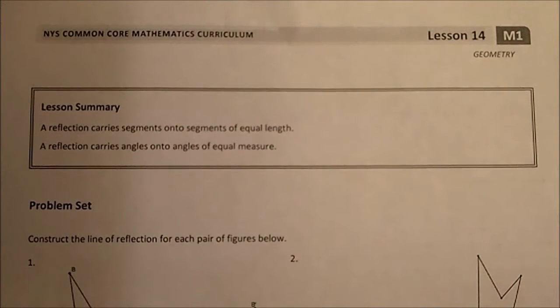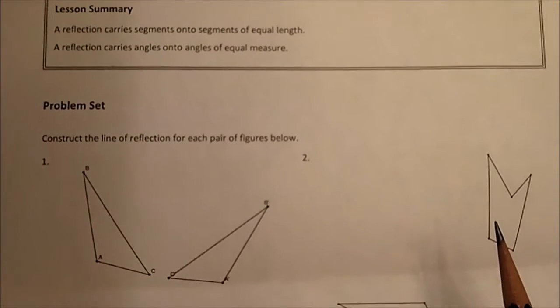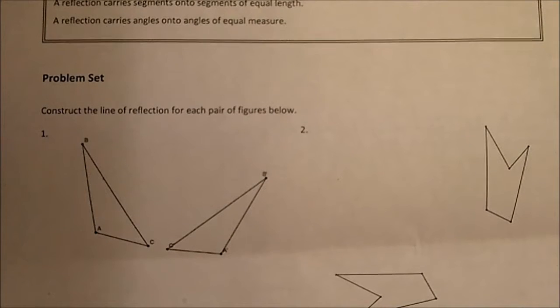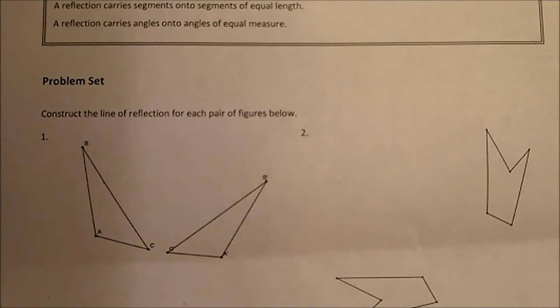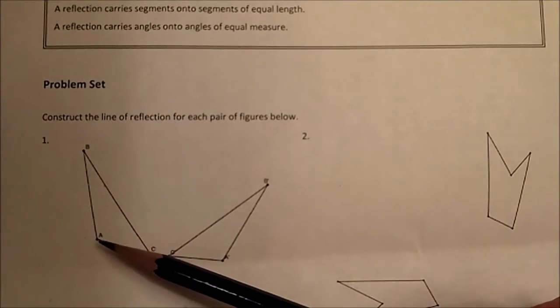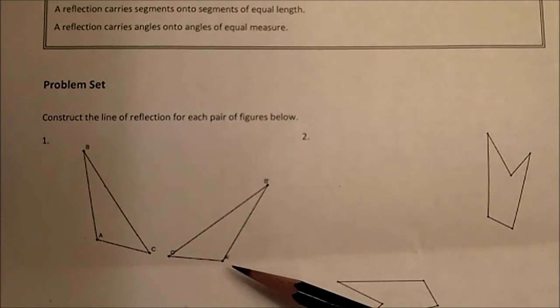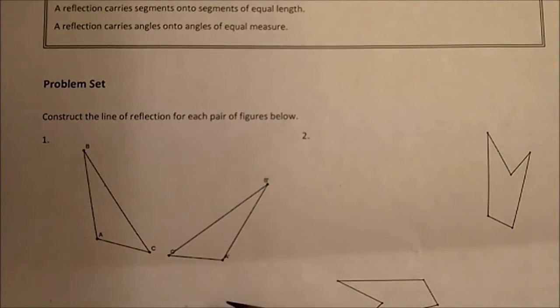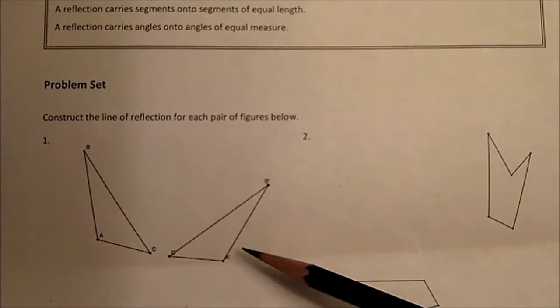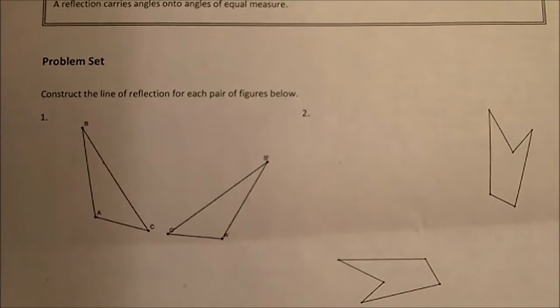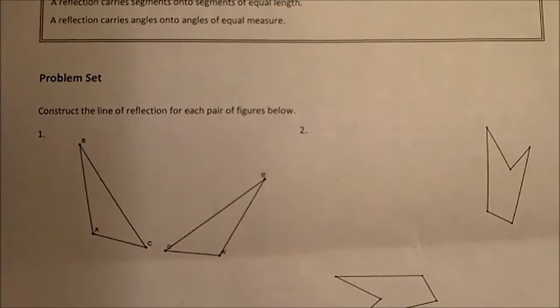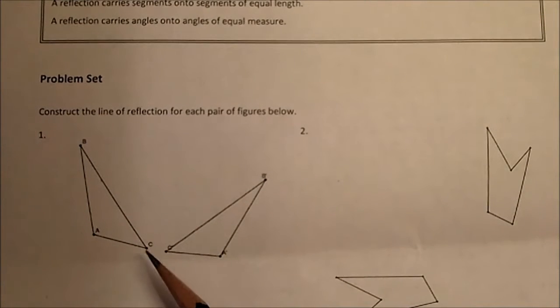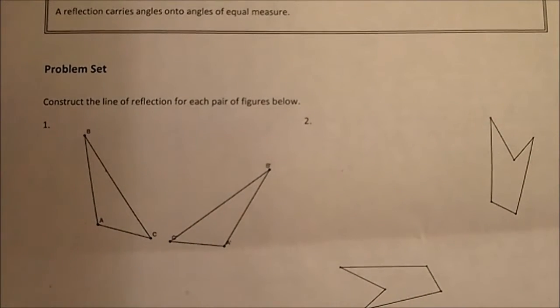So this problem set has all to do with reflections, and we see that it starts with problem set number 1. It asks us to construct a line of reflection for each pair of figures below. We have here triangle ABC, and then also triangle A prime, B prime, and C prime, which is a reflection of our original pre-image, and now we have the image. So we want to go ahead and make this line of reflection, and we're going to start that with our